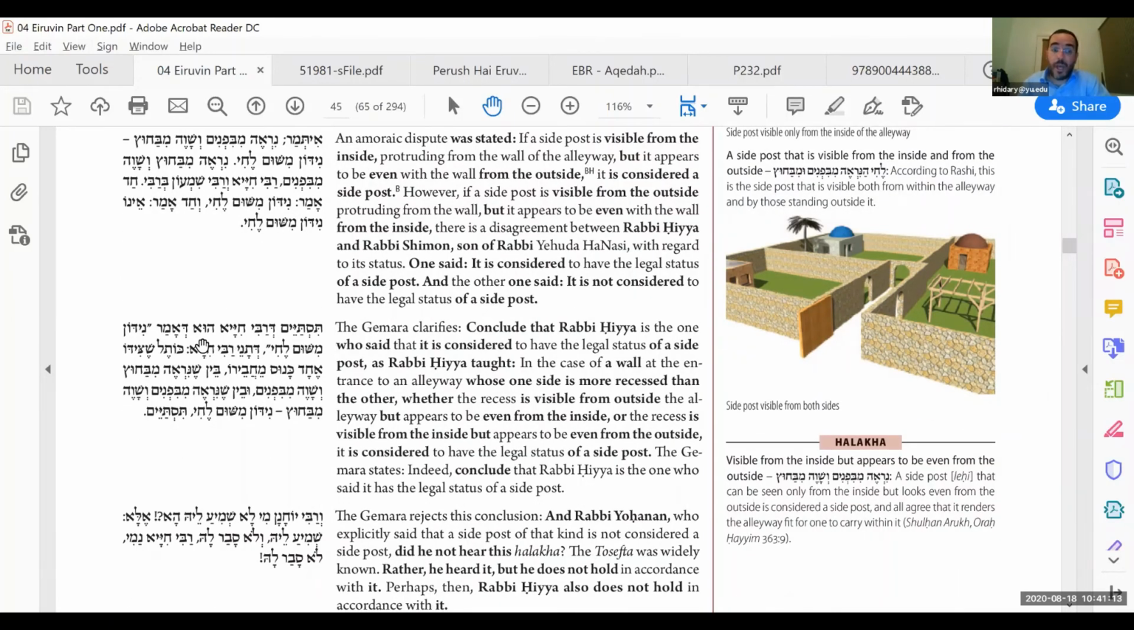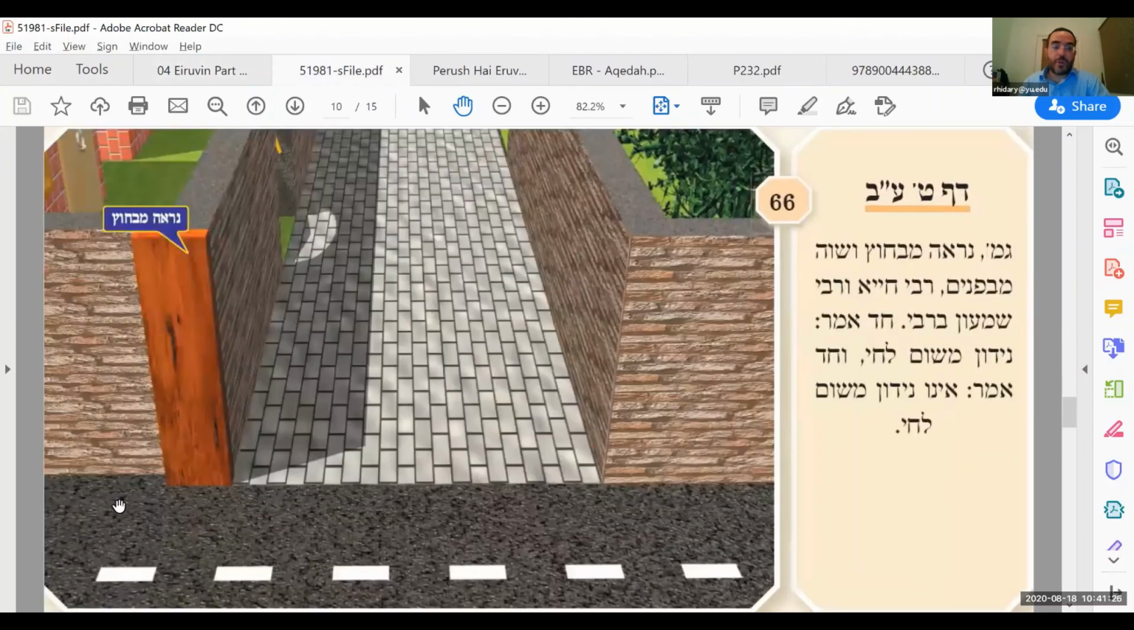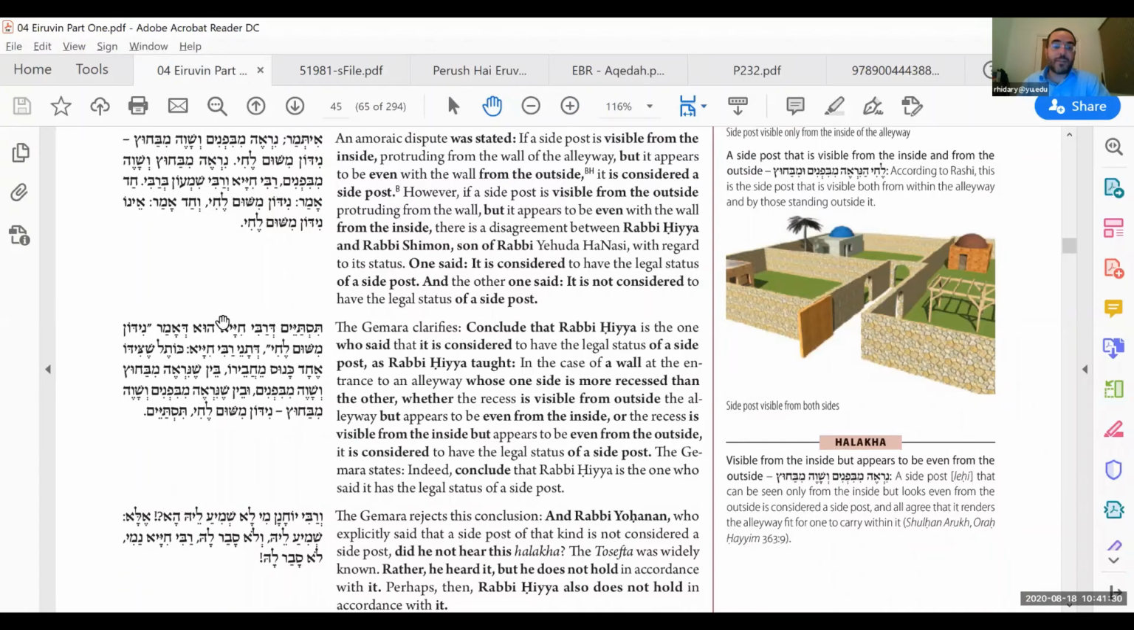Tistayem, Rabbi Chaya is the one who said nidon mishum lechi. Rabbi Chaya must be the one who is mekel, who is lenient and says that in such a case like this, where it can be seen from the outside but not from the inside, it's permitted. Why? Because he repeated the following baraita: Detana Rabbi Chaya, kotel shesido ehad kanus mehavero, pen shenirem